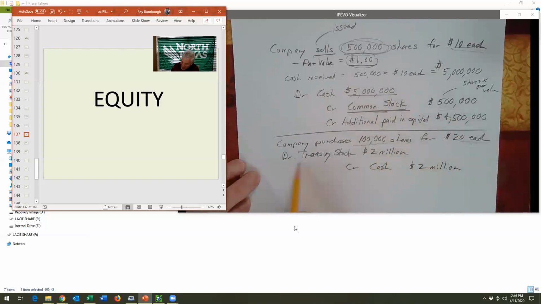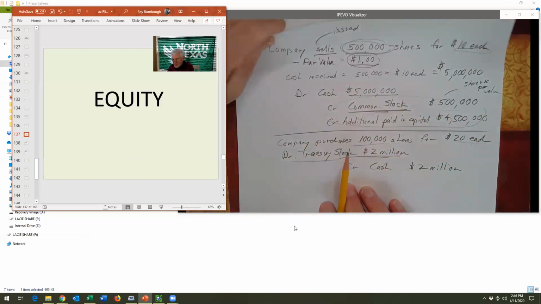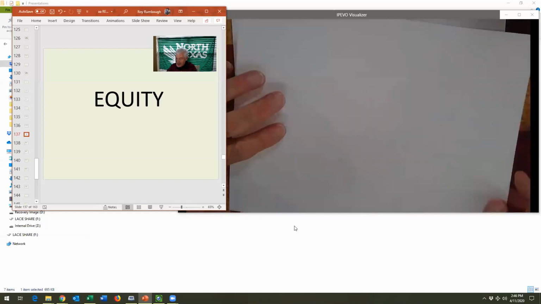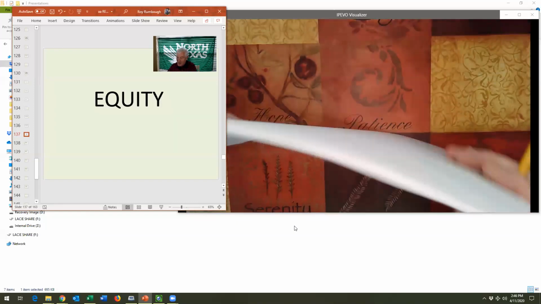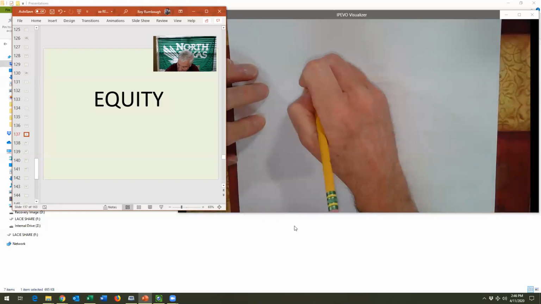So we don't go back and change the common stock account. That's still sitting there, but we have another account that is a debit balance. Remember, equity increases with credits, right? And treasury stock is a debit balance. Therefore, treasury stock is a reduction in equity. Let's just look at an example. I'll just create one here off the top of my head. Let's say you see a